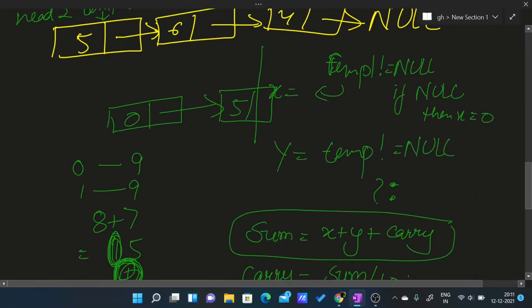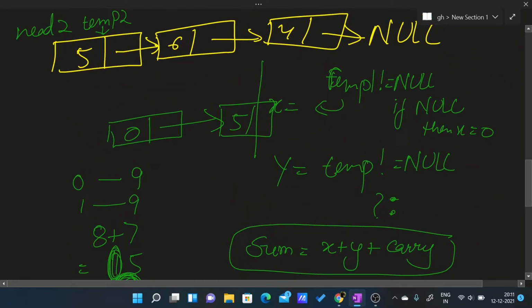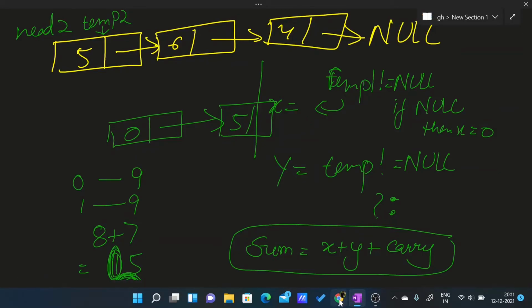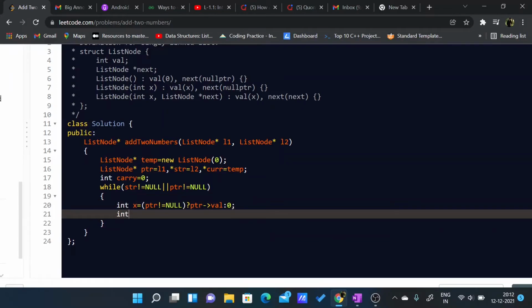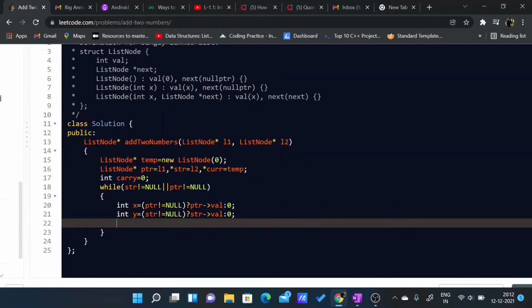After that what will I do? I'll store the values in two variables, int x and y. For x, if ptr is not equal to null, then I'll put the value of ptr val into x, or if it is null then the value in x will be 0, and same for y, if str is not equal to null, I'll put the value of str, or if it is null then 0.